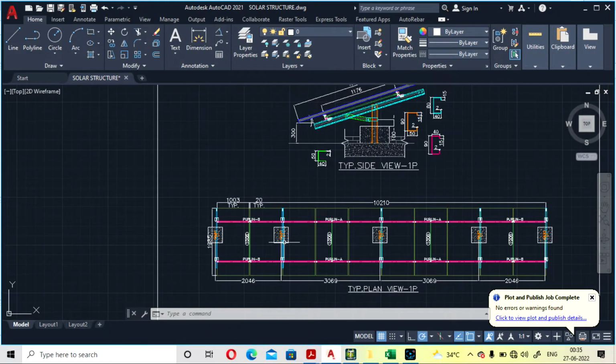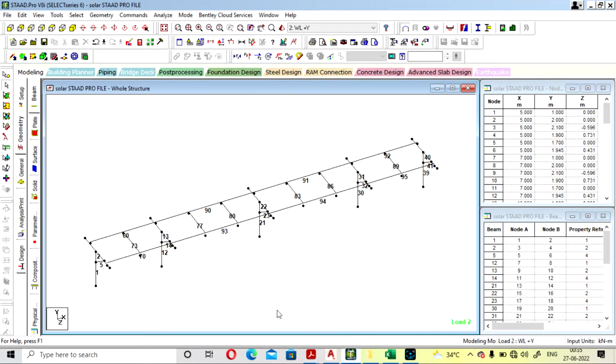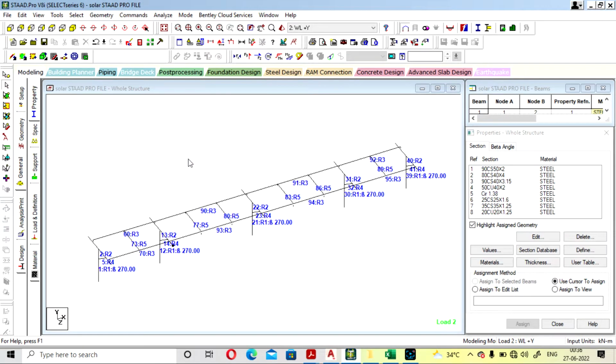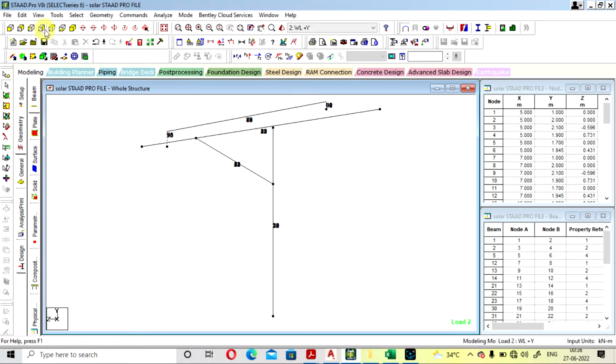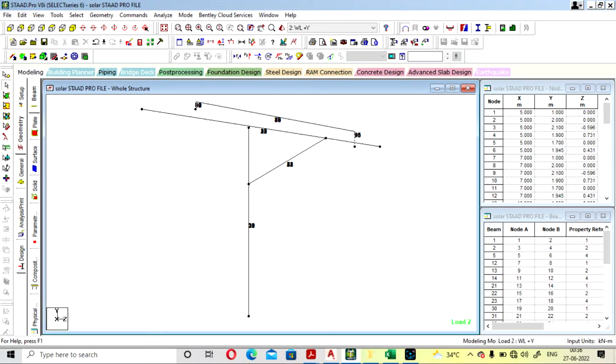So this will be our drawing, and here this is our framing in STAAD. So we have already done the beam node connections in STAAD, and here we have applied the section also. I will show you step by step how it is done. This will be our column. So we are looking at the side view. This will be our column, this will be your rafter, and this will be your bracing,